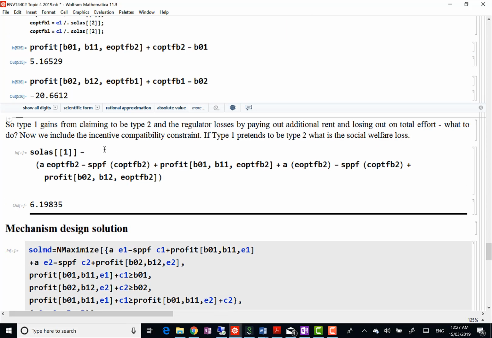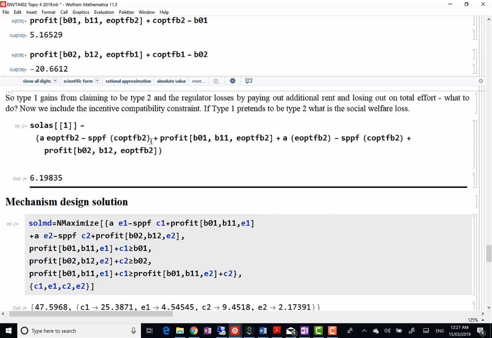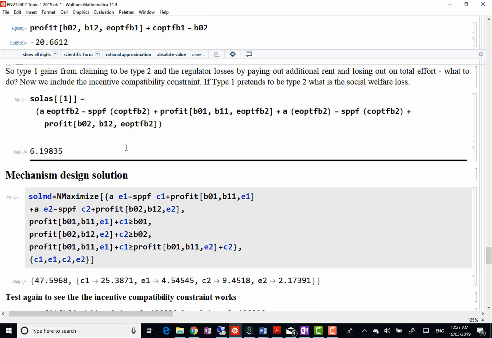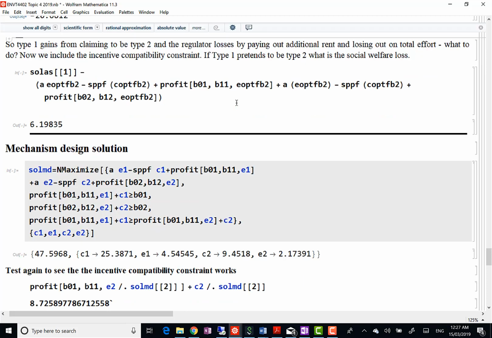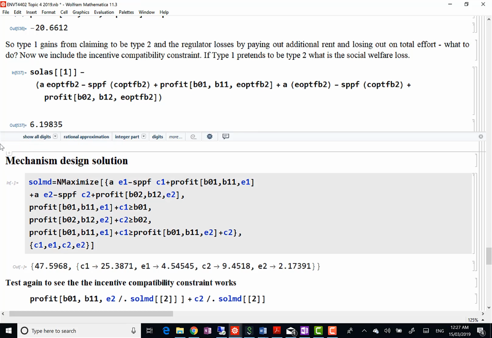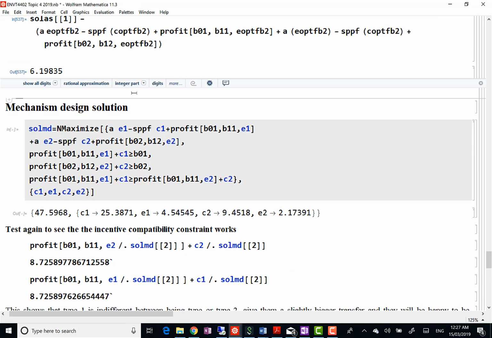So how can we address this problem and overcome this loss of social welfare where farmer 1 pretends to be high cost? Well, we use something called mechanism design, and this is, I think, one of the great ideas of economics, and it also shows how flexible mathematical programming can be in terms of solving a very wide range of